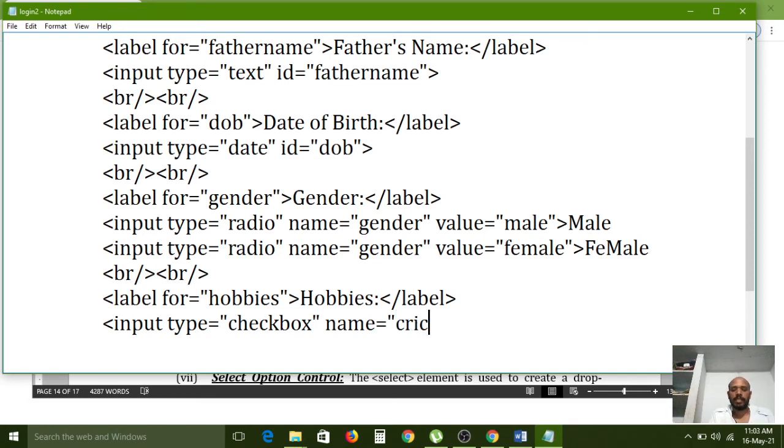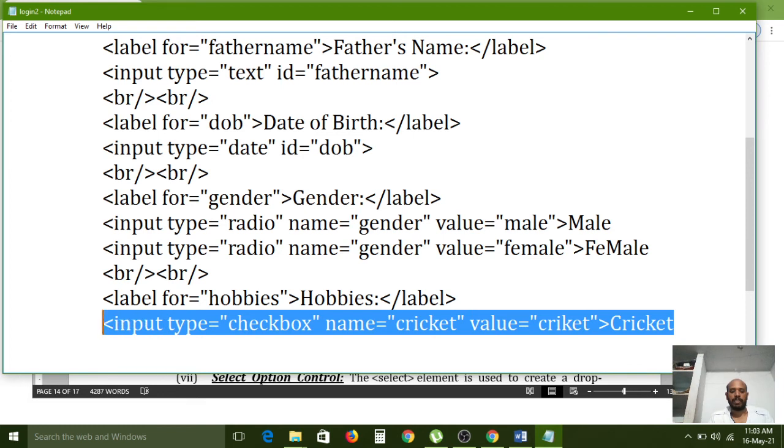So that's why for hobbies, cricket. One is the cricket hobby, name, and value is also different. The cricket value is also cricket. Now I am closing this one, and CRICKET, the cricket option I have typed. Again I am copying this entire line, and pasting one more time.